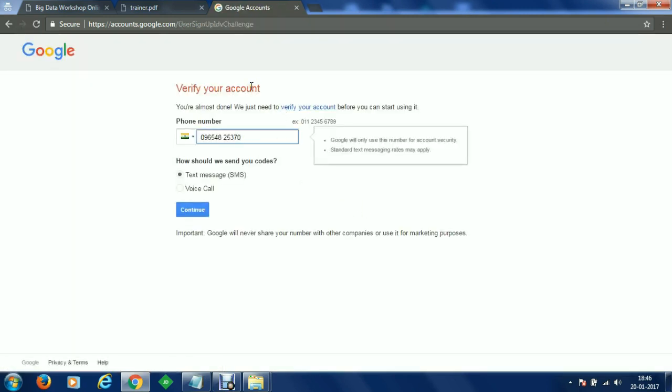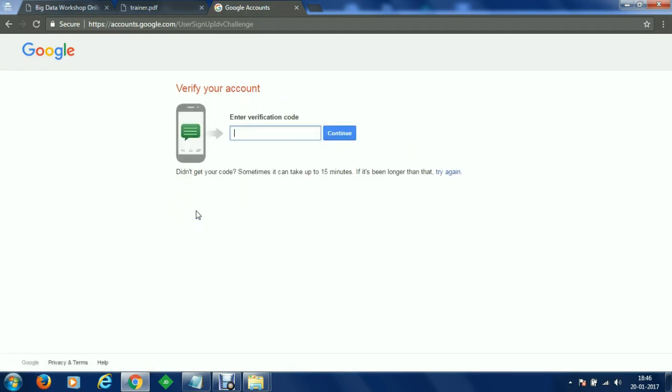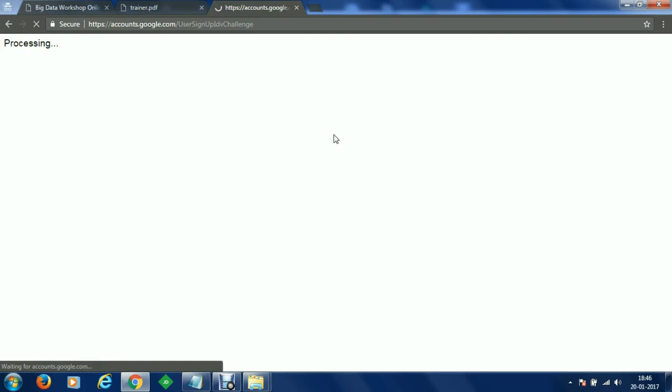Here we like to get our account verified using a text SMS. I'm going to receive a verification code on my SMS. I've got the verification code 243401. That's my verification code for the account.